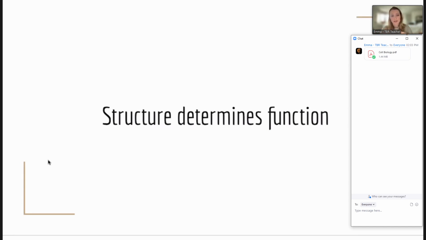Anytime you see a question that's asking you about anything cell related, you should be thinking about structure and function. So this is really important. You're going to see me repeat it over and over again, pretty much on all of the slides. I've got the function labeled right at the top, and anytime you see that, you can think about what the functions are and how the structure helps that happen.